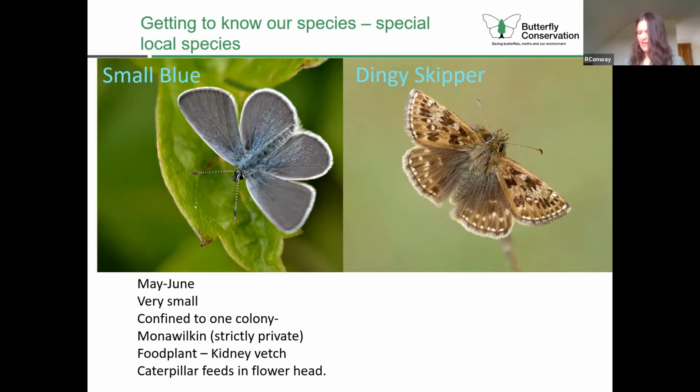Its food plant is kidney vetch, and it sits inside the flower and munches away at the anthers of the flower and all of the good stuff inside the flower, nicely protected by the petals. Clever little thing. And the dingy skipper is another Fermanagh speciality, and we don't get it anywhere else in Northern